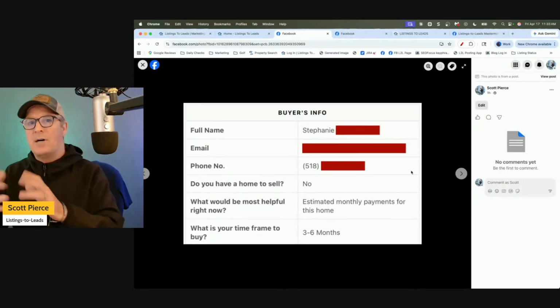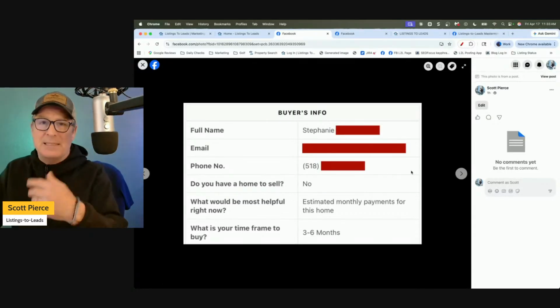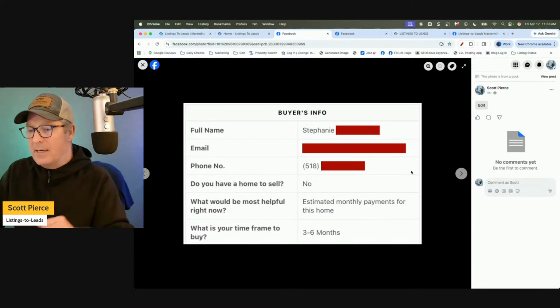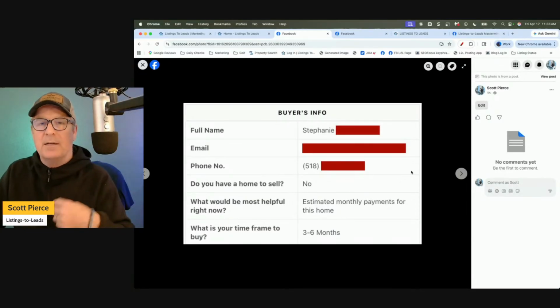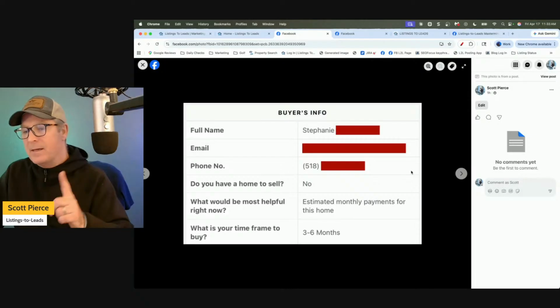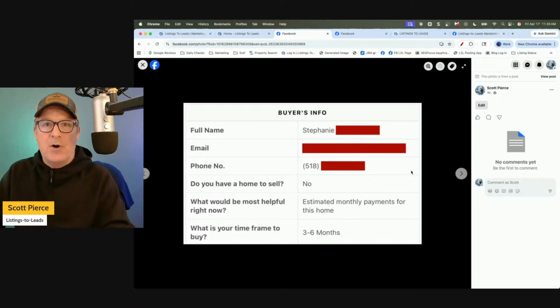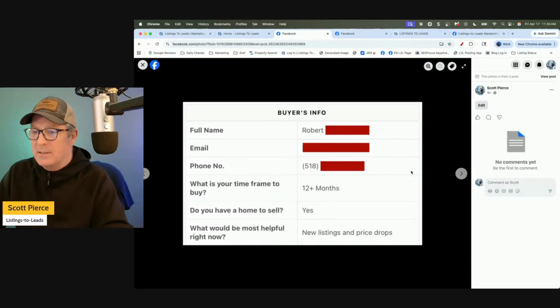Get back to her, talk to her, ask them about down payment assistance. Ask them about, again, if they're not pre-qualified, introduce them to your lender, set them up with a list of new homes with price reductions, and get her into a home.